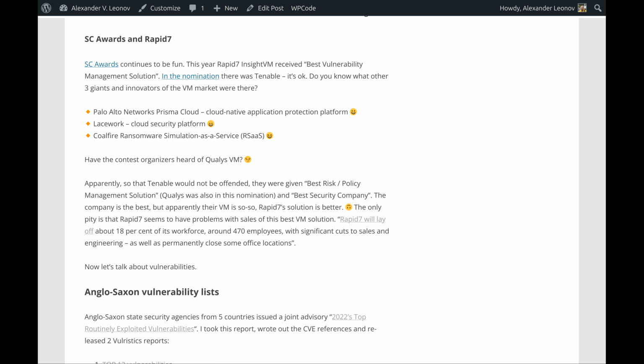Apparently, so that Tenable would not be offended, they were given Best Risk Policy Management Solution. Qualys was also in this nomination. And Best Security Company. The company is the best, but apparently their VM is so-so. Rapid7's solution is better. The only pity is that Rapid7 seems to have problems with sales of this best VM